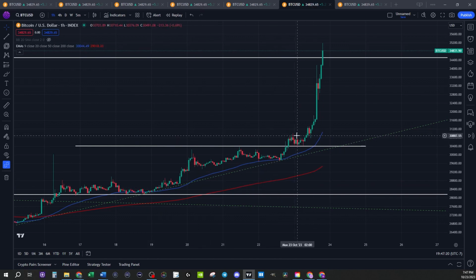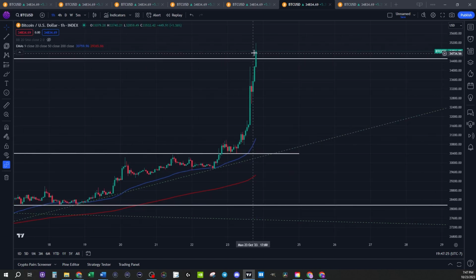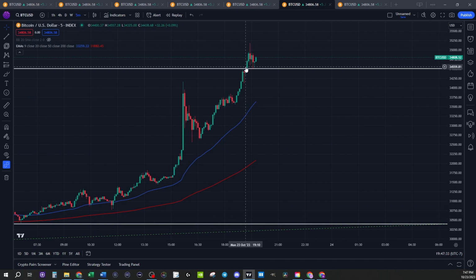We had a breakout here, a pullback, and then another breakout session right here. We're above this area of resistance. Now we're gonna have to go into the 5-minute time frame because this could be a false breakout. What's going on? We had some bulls and bears just fighting it out over here. We had a little bit of a bounce back,